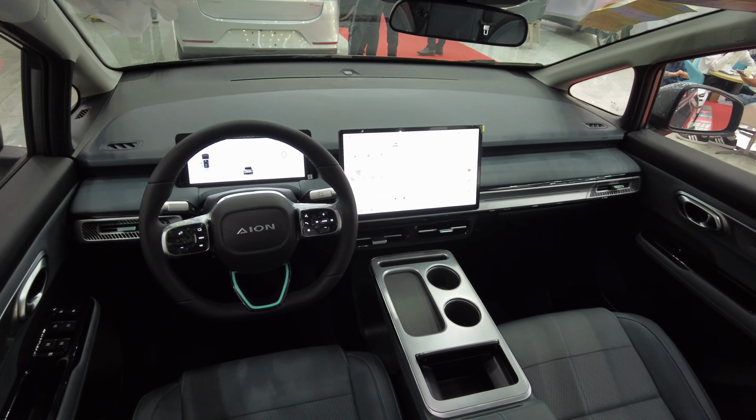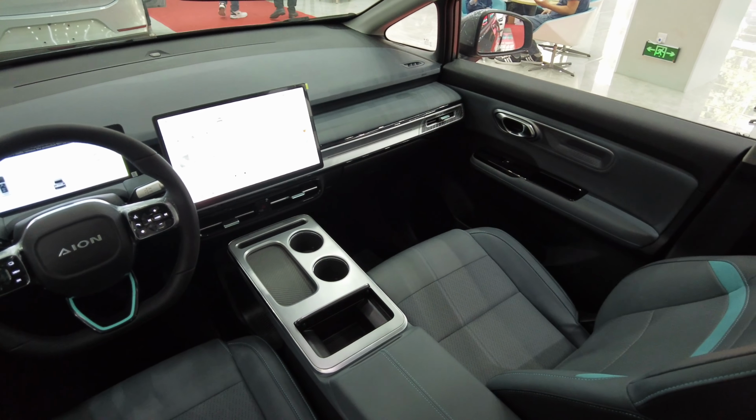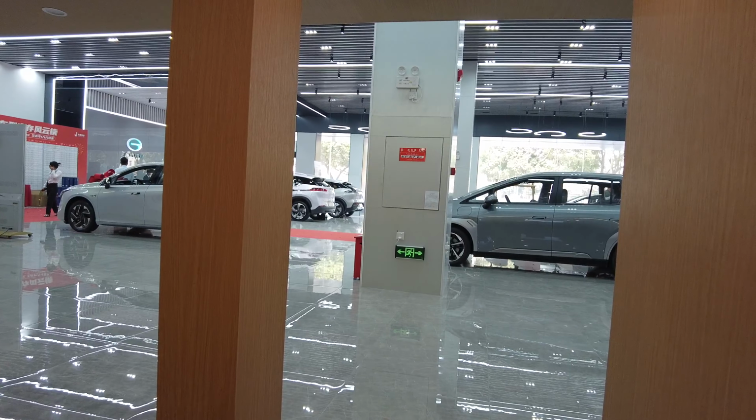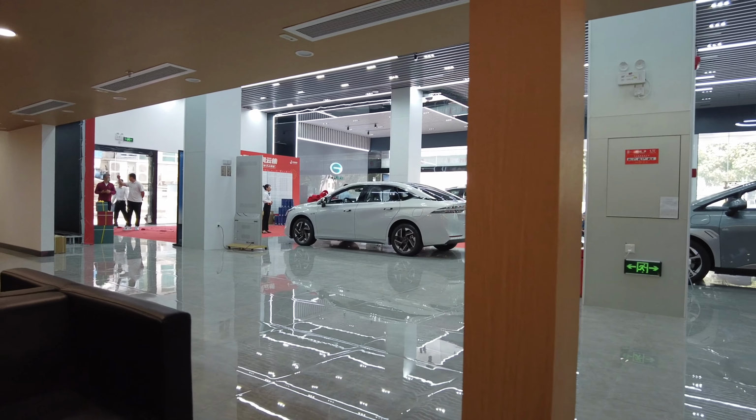Small electric car, goes 500 kilometers. So real world, probably 375, 350. You know, 250 miles, I guess. No, 200 miles, whatever. It's enough. It's more than enough. So this is one of the few sales centers and delivery centers here for GAC Aion